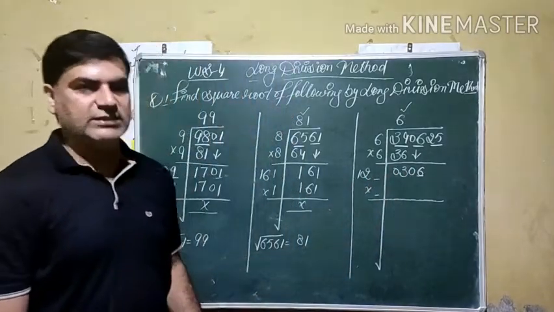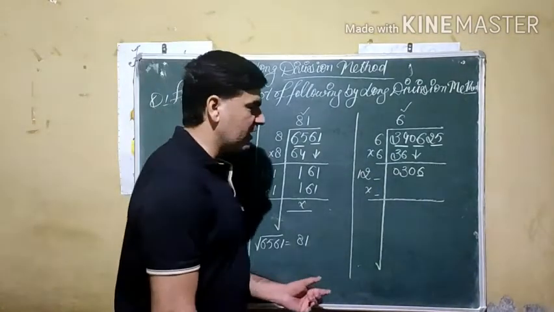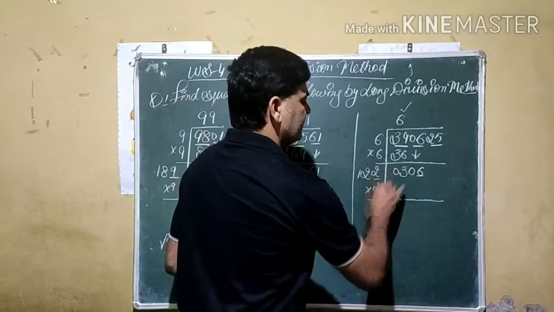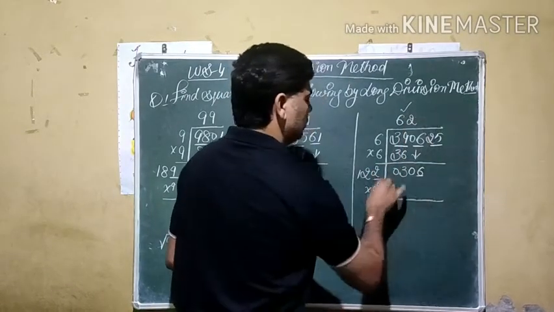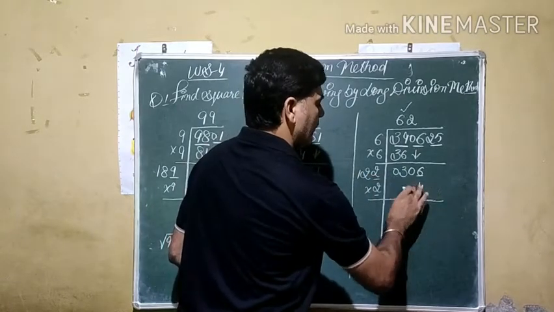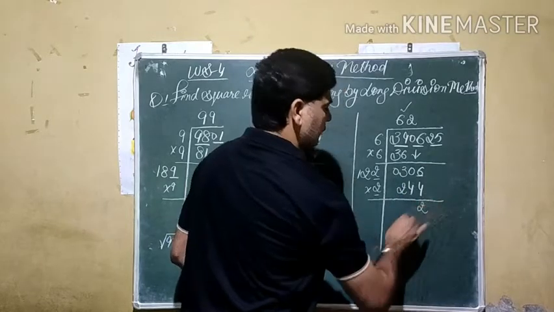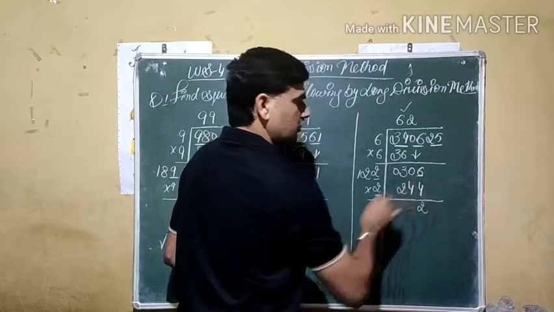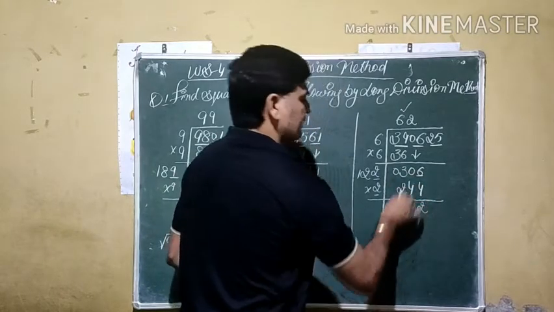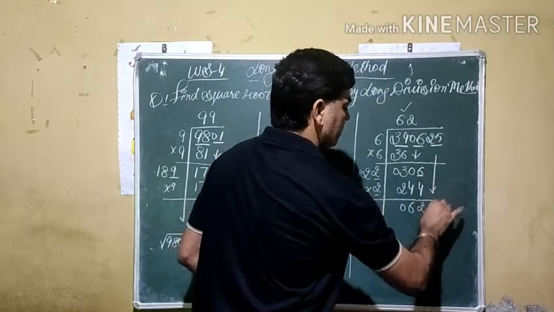We know that 12 1s are 12, 12 2s are 24, 12 3s are 36. Add the 3, it is a bigger value. So we are trying for 2. So the next digit is 2. 2 2s are 4. 2 2s are 4. And 2 1s are 2. So we get here 2. 0 minus 4 not possible. Take 1 more from here. 10 minus 4, 6. Now it becomes 2 minus 2, 0. Next pair turn 25.